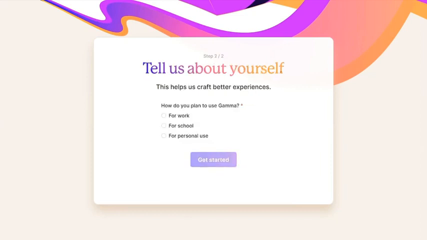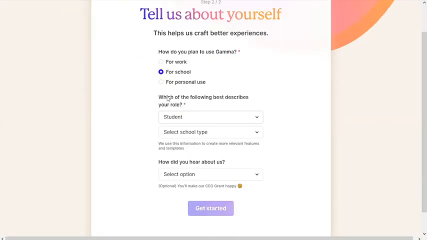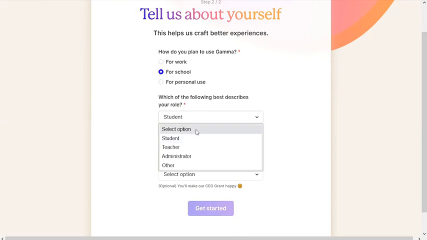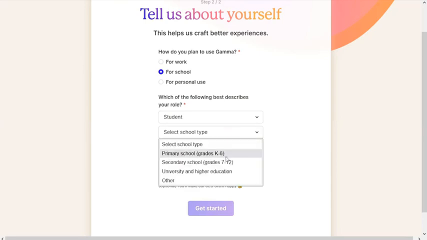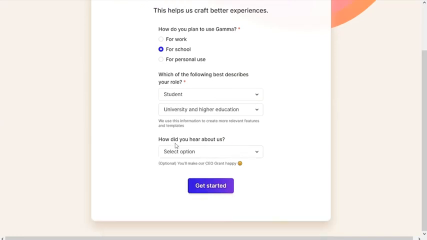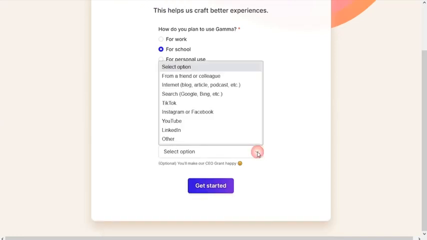tell us about yourself, how do you plan to use GitHub for a school, which of the following best describes your role, a student, select a school type, university, how did you hear about us,